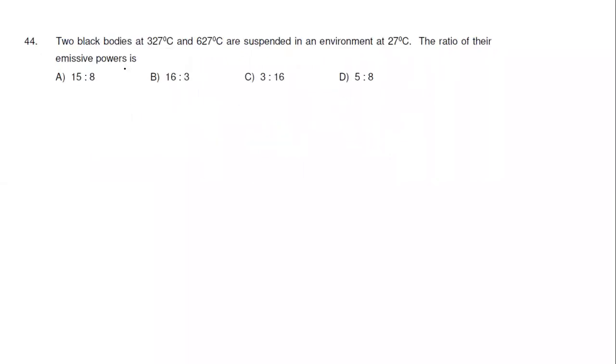Ratio of emissive power. I think this also, actually, when we talk about emissive power, it only depends on radiation, we take only radiation, not the net radiation. The options given are based on net radiation. So emissive power is taken as proportional to T to the fourth minus T0 to the fourth, but it should be proportional to only T to the fourth. So this question, okay, since that option was not there, you can solve that one, but emissive power is only related to radiation. It's not based on net radiation.